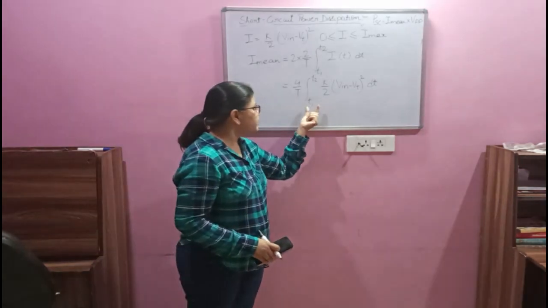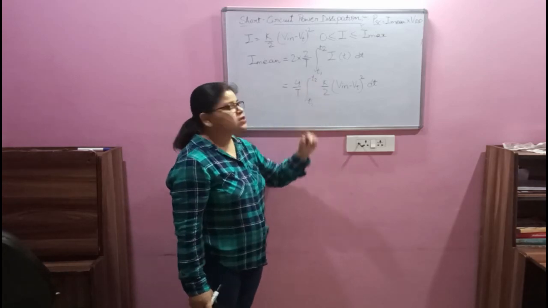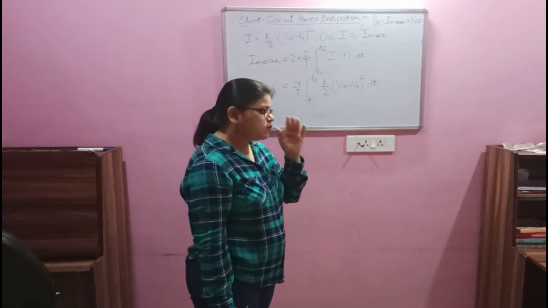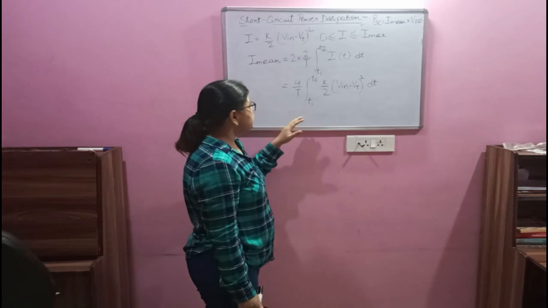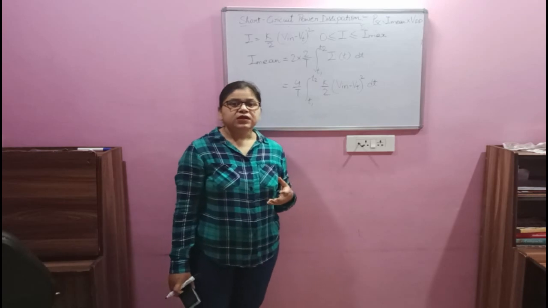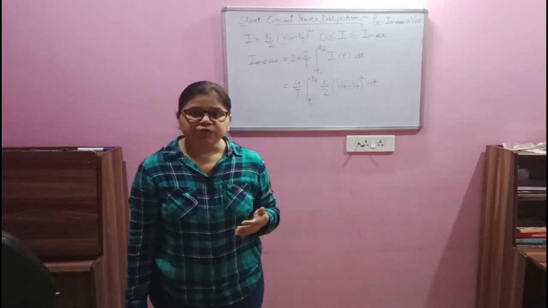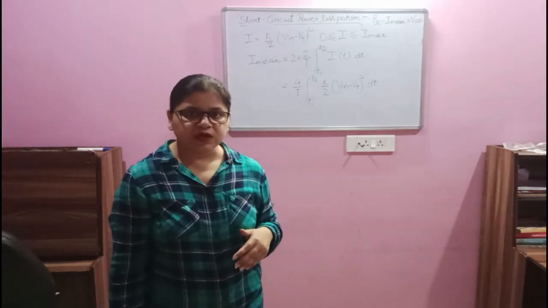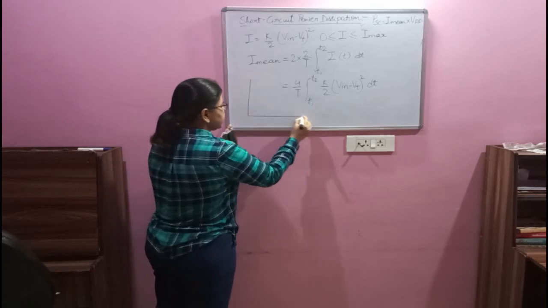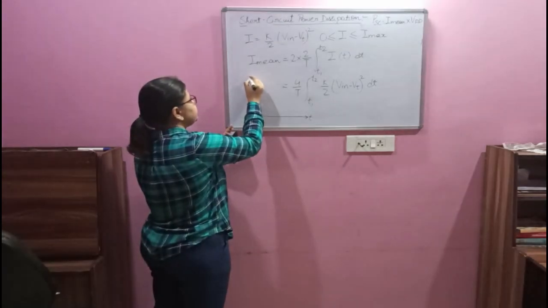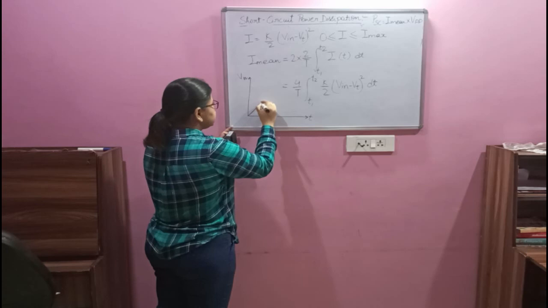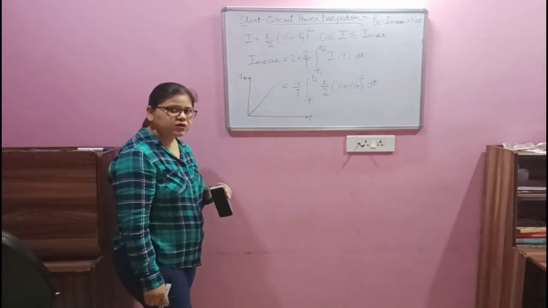Now we have to solve this, but for solving this we should know the limits, that is, what we will place at T1 and T2, because the exact times of T1 and T2 are not known to us. To find this, we will assume that there is a linear relationship between the input voltage and the time of the signal. Considering that linear relationship, I can plot it like this. Say this is T, this is V in. If it has a linear relationship, obviously a line will be drawn.